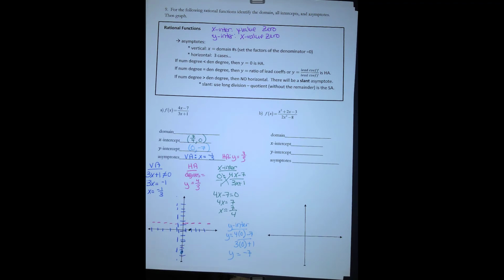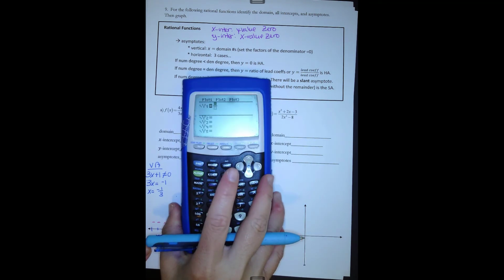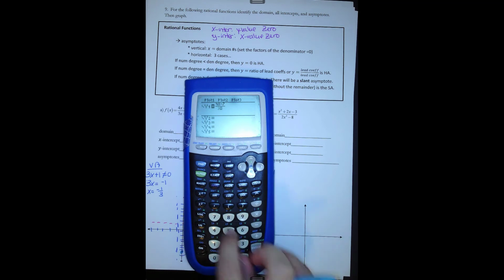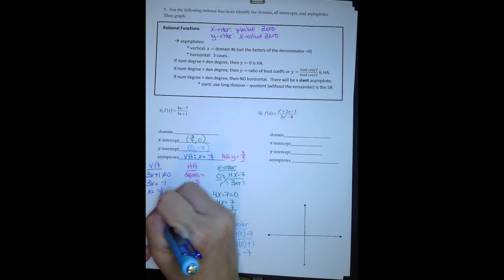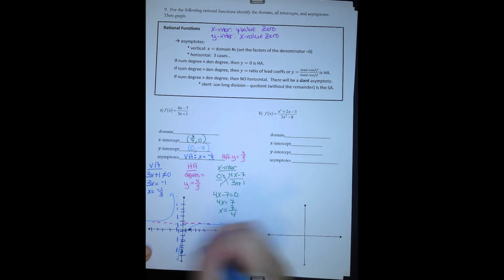And we can go ahead and graph this. We can go alpha y equals and put it in like so. So this happens to be 4x minus 7 over 3x plus 1, and we're going to hit graph. And then just make a nice little sketch as follows. So we're going to go like so, and then like so. And if we happen to look at the second one on here, ultimately it is done